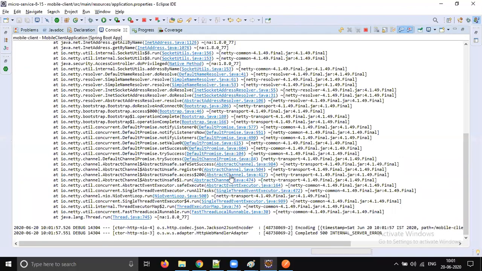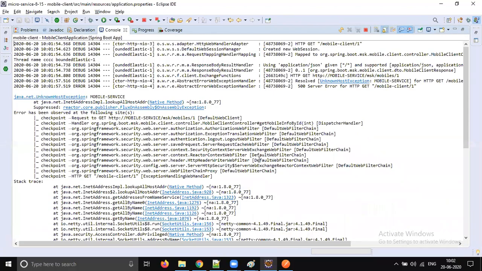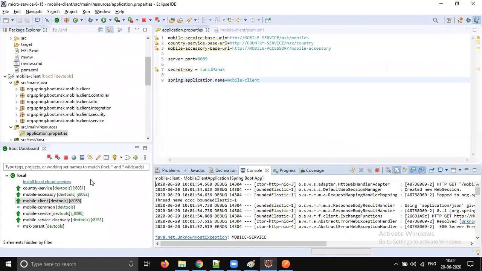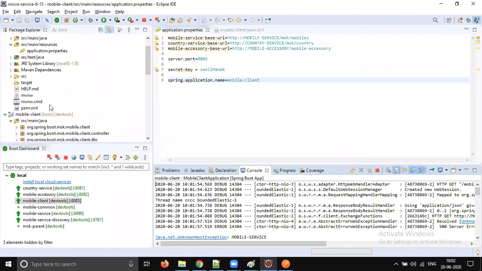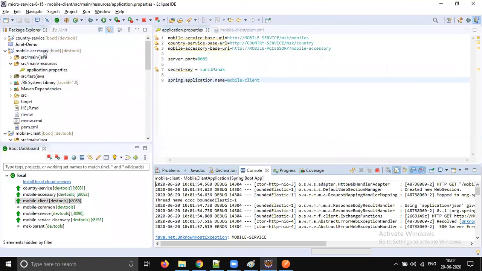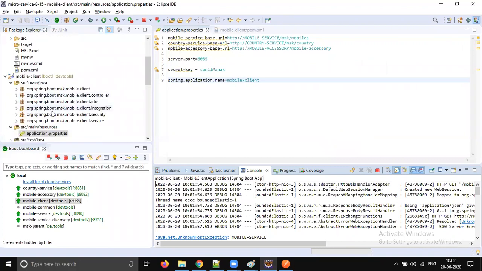There is some exception. I think mobile service, even only what you are saying, right? Mobile capital. Yeah. So let's do one thing. Let's go to mobile service. What is the exact name we gave?